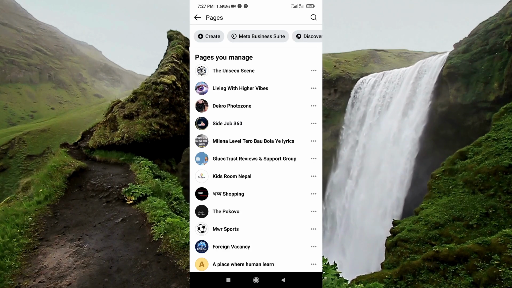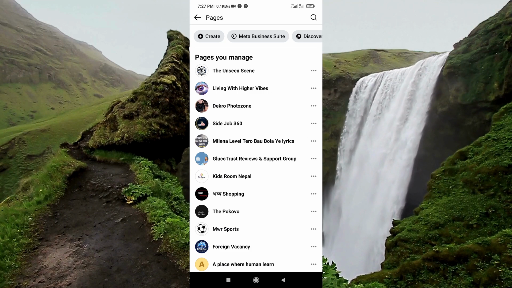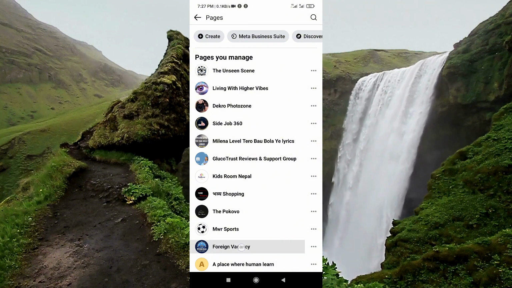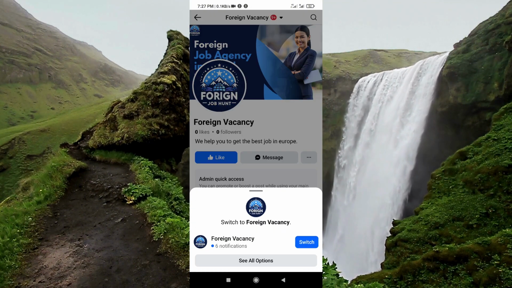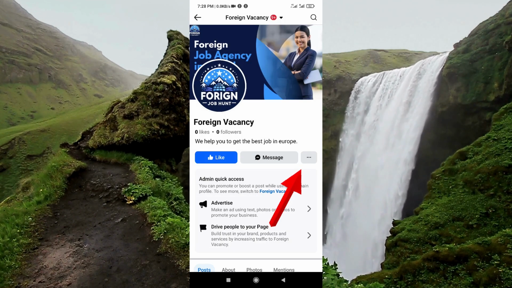you will see the list of pages that you manage. So select the page that you want to get the Facebook page link of. So in my case, let's say I want to get the Facebook page link of this foreign vacancy pages. Tap on this. From here, tap on the screen and tap on this 3 dot on the middle of the